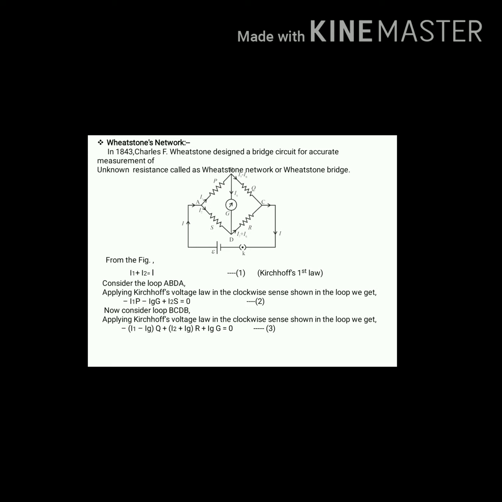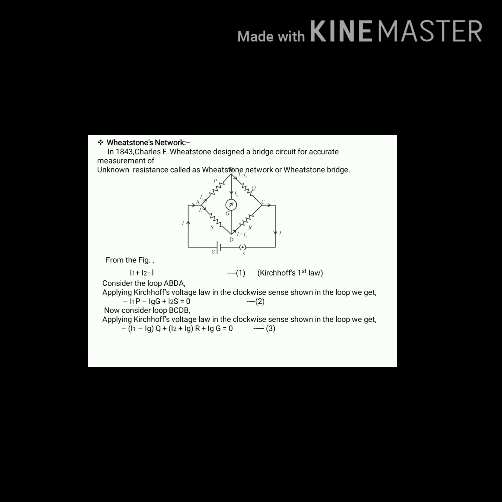A source of EMF E is connected between diagonally opposite points A and C through the key K. A sensitive galvanometer is connected between the two other vertices B and D. Along the loop ADC, there is a certain point D which has potential equal to the potential at point B along the loop ABC. Hence, the network is said to be balanced if point B and point D are equipotential.